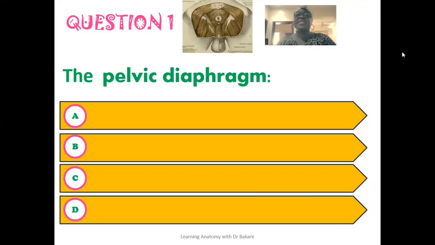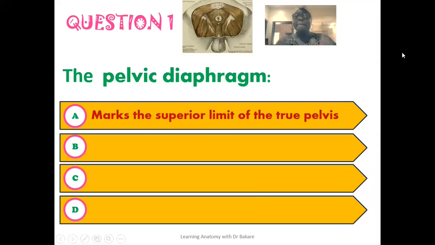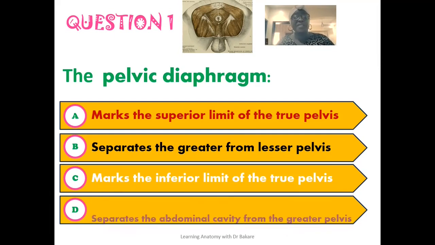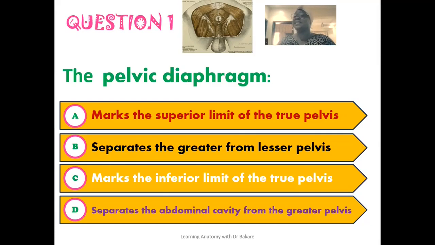The first question here reads that the pelvic diaphragm marks the superior limit of the true pelvis. The second option states that the pelvic diaphragm separates the greater pelvis from the lesser pelvis. The third option reads that the pelvic diaphragm marks the inferior limit of the true pelvis, while the last option reads that the pelvic diaphragm separates the abdominal cavity from the greater pelvis. Out of all these options, the correct option here is the pelvic diaphragm marks the inferior limit of the true